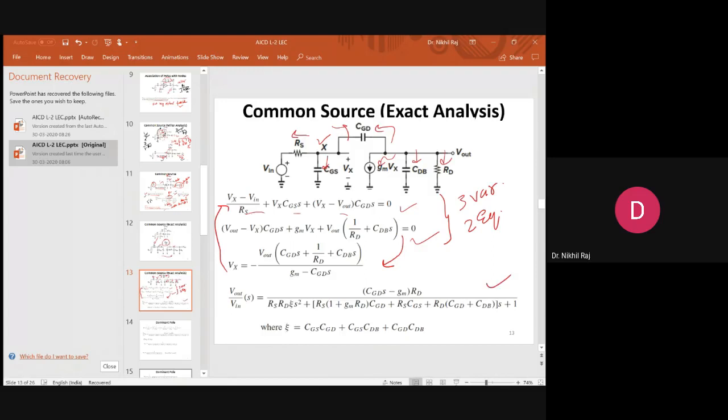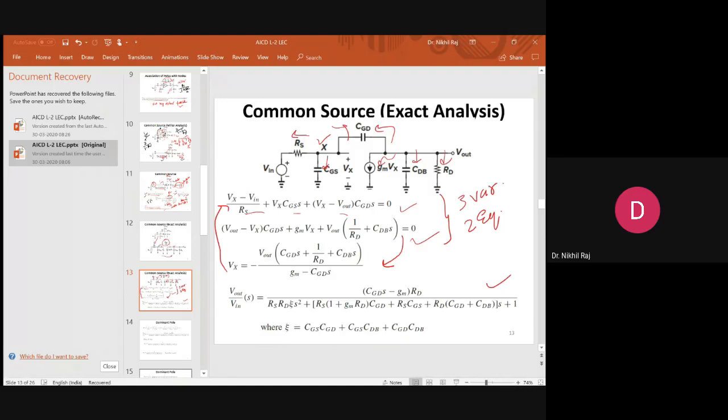So you see, the calculation increases if we go through exact analysis. This was an example of a simple single stage common source amplifier. But as we increase the number of components, these equations will become more and more complex and you will get more variables. Then you have to find a way to remove the unknown variables which are not required. For that we make some approximations and assumptions, and that's why your theoretical analysis does not match your practical analysis.